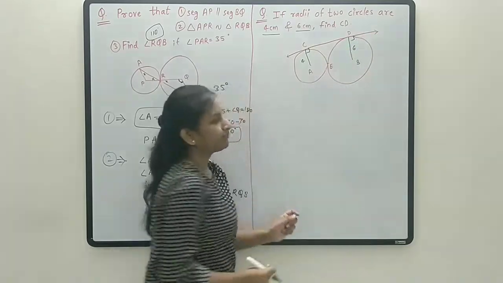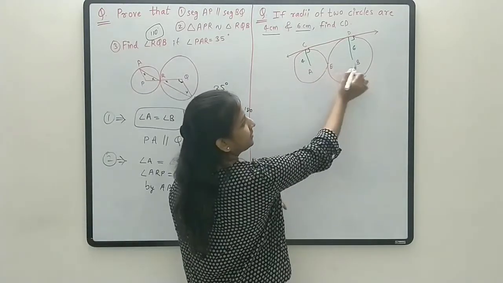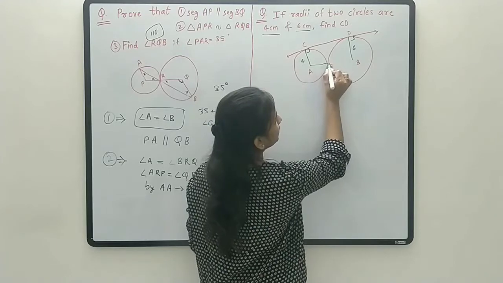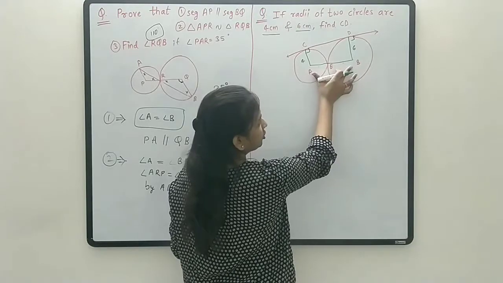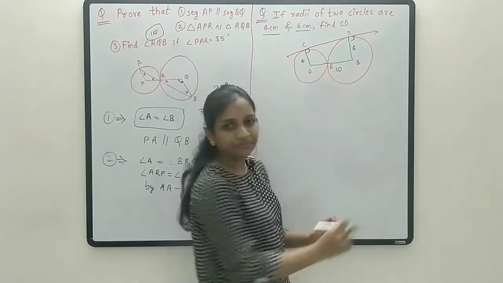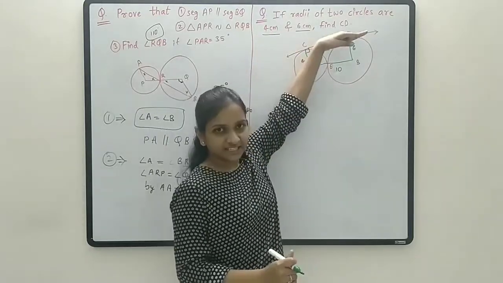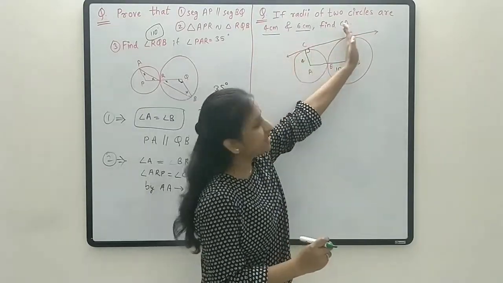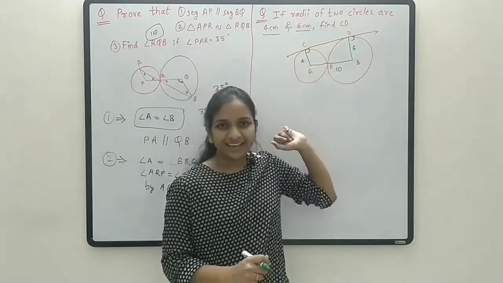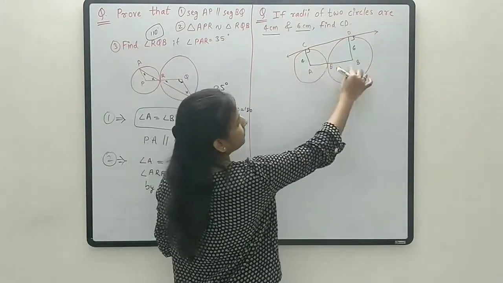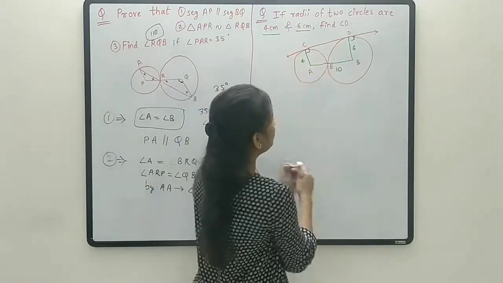Fine. Now how to find the CD value? See, let's join AEB. As we have just seen they are collinear, so we can draw a line. Fine. This is 4, this is 6. So total AB distance is 10. Okay. Complete AB is 10. Now on this tangent CD, AC is perpendicular and BD is perpendicular on the tangent. So we can say these are parallel, right? So quadrilateral ABDC is a trapezium where AC is parallel to BD.